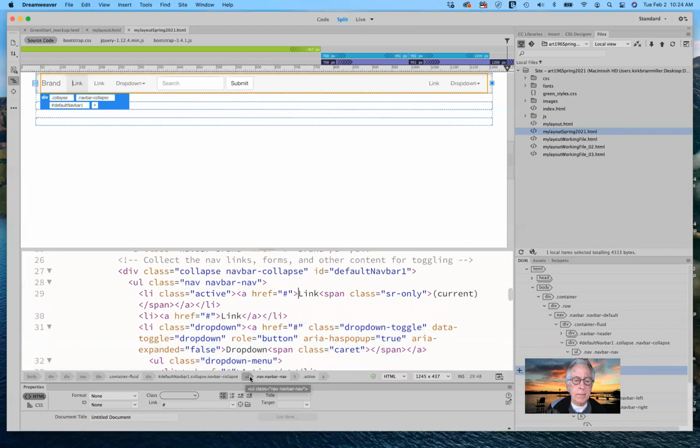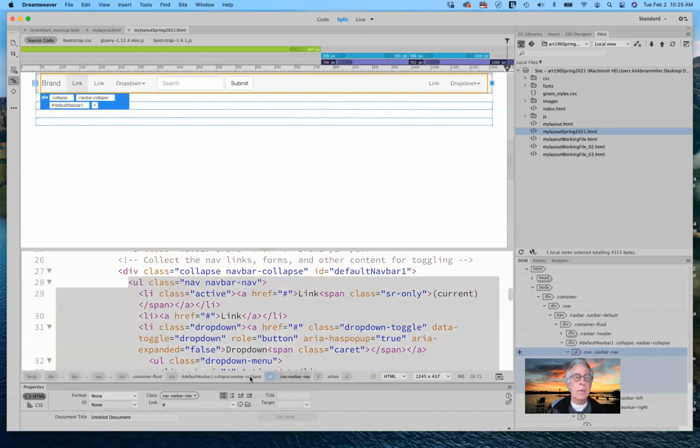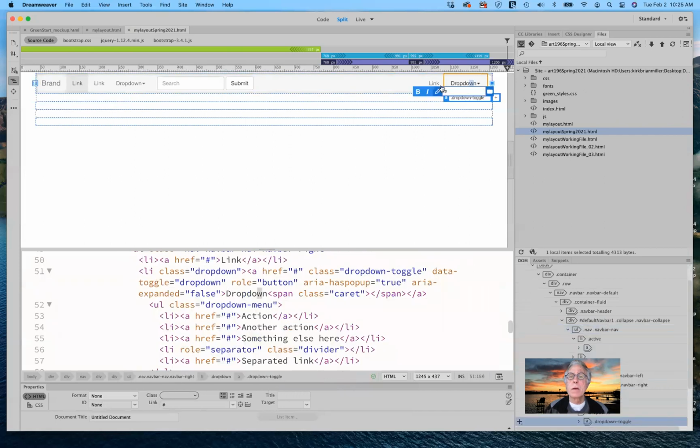Okay. This is acting very quirky for me today. I apologize. So with that unordered list selected, okay, I don't want the whole unordered list selected. I just want,